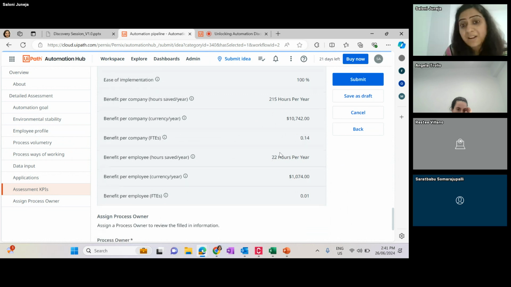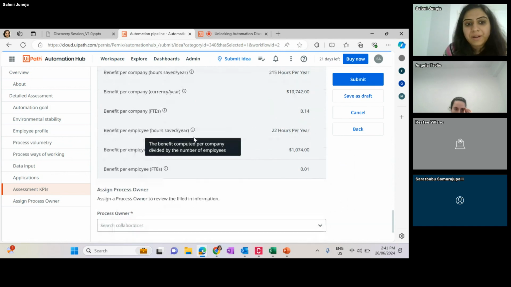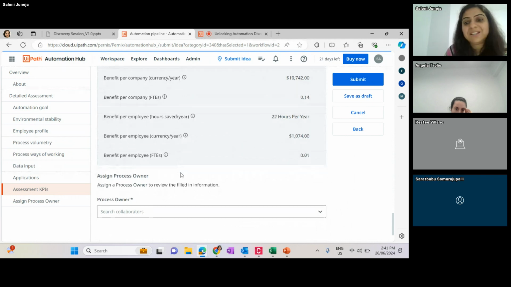Might not be great, but there are other things you might want to look at, because this might take away some of the mundane tasks that recruiters are doing, and they can focus on better opportunities and more strategic work in their day-to-day work. Then all these things about benefit per employee, in terms of hours and currency. And finally, this is what I am saying in terms of the 10 employees that I provided, that I'll be taking their work for 0.01 hours. Okay, and finally,